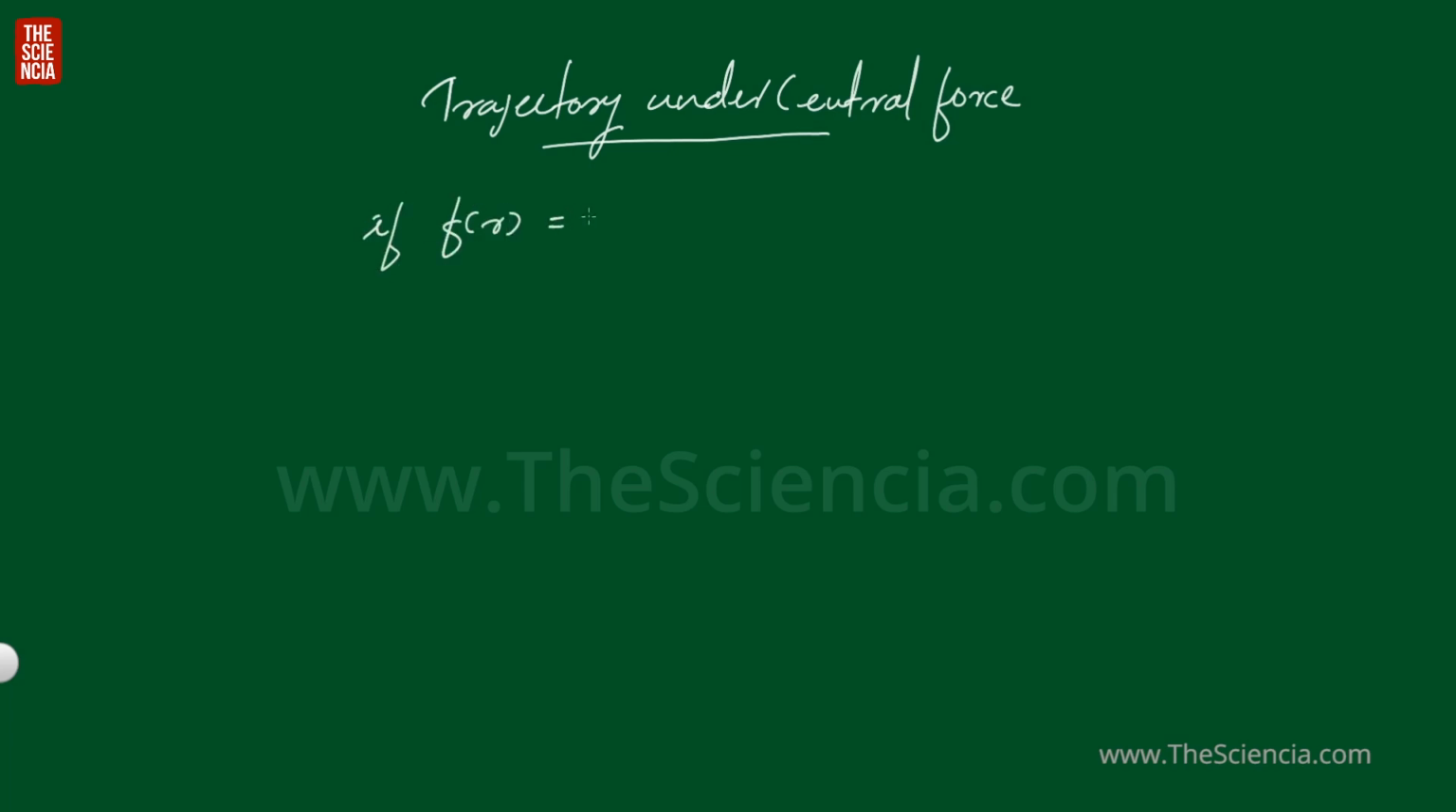Trajectory under central force. What will be the trajectory if the force is a central force? That is, if force, that is f of r, is equal to minus k by r square, that is our gravitational force, then what will be the trajectory? Then the trajectory will be